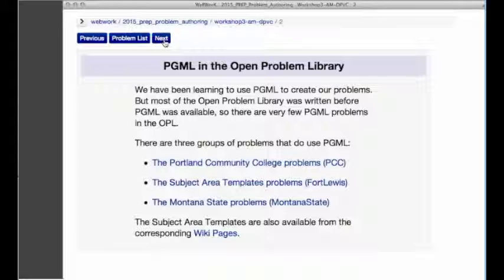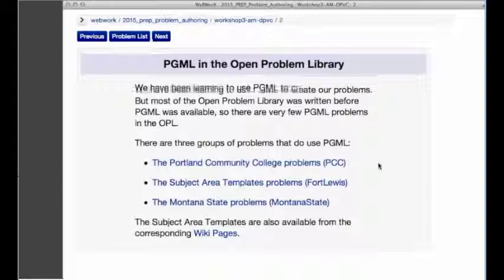PGML came relatively late in the game, and so all the problems written before then, of course, didn't use it, and many people didn't know about it, and they looked at older problems and copied those to make their newer problems, and so PGML has had a hard time working its way into the problem library. But there are three sets of problems that use PGML, and one of them is the Portland